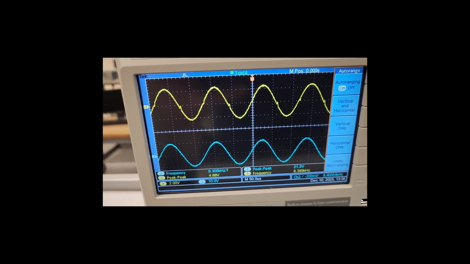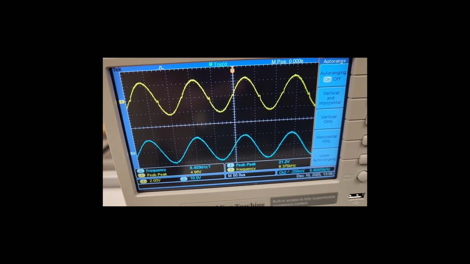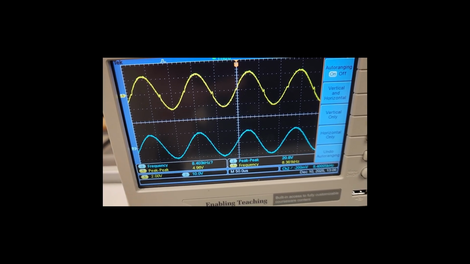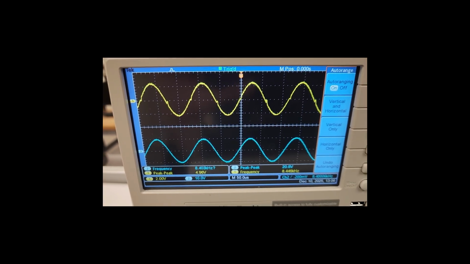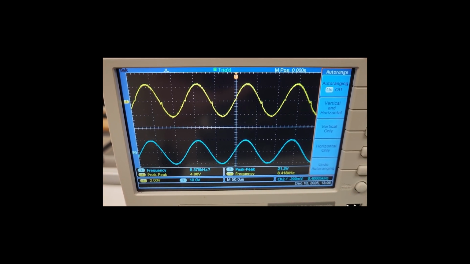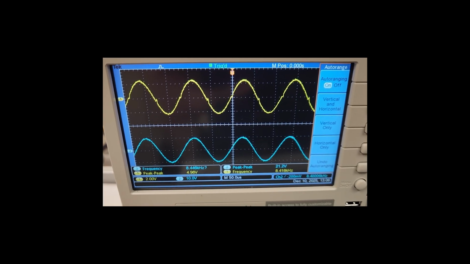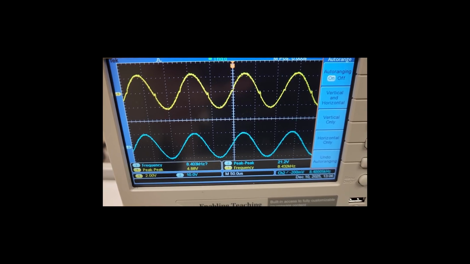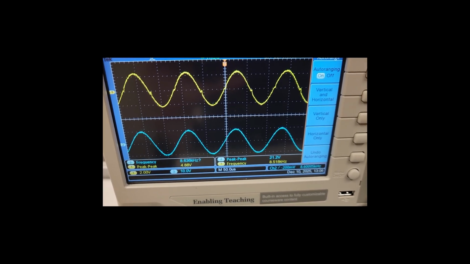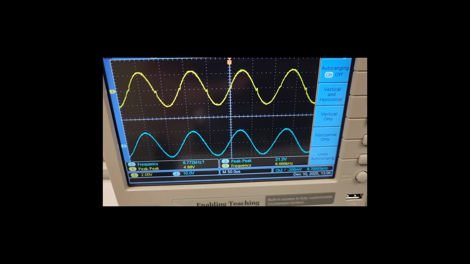Do you see that little spike on the output yellow there? That right there is caused by the slew rate limitation of our op amps, which are the 741s. So as you keep getting up closer to 10,